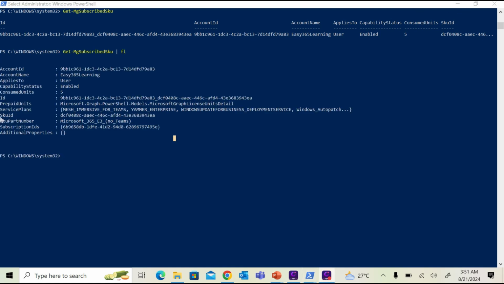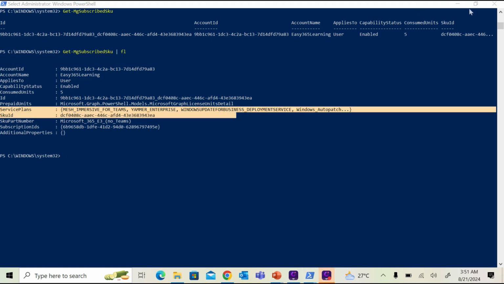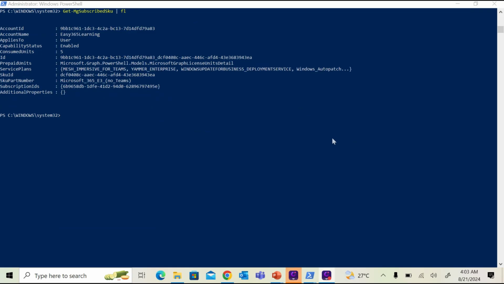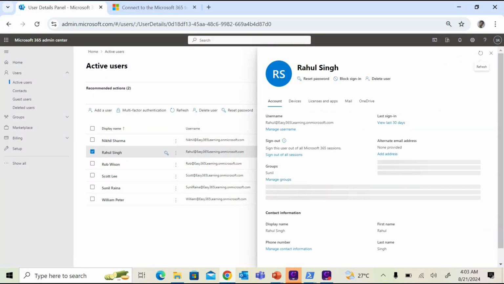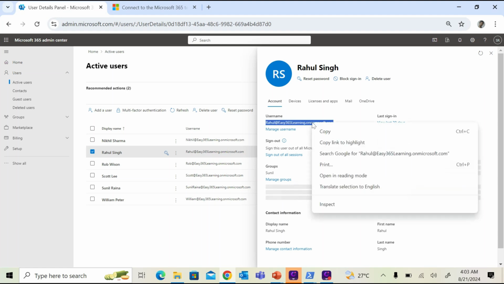That gives me information like SKU ID, SKU part number, or the subscription name, or the service plans that are available within the subscription. Now let's assign a license to an unlicensed user. So we'll take a look if we have any unlicensed user here. Yes, Rahul is unlicensed. So we'll copy the email address for this person,